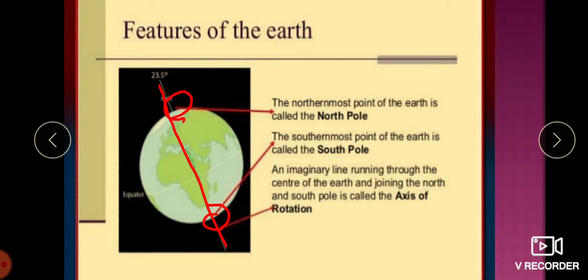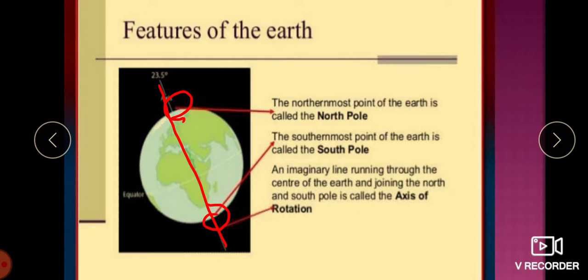A globe is a three-dimensional man-made model of the earth. It helps us to locate the different countries and continents. Thirdly, it gives us an idea of what the whole earth looks like.